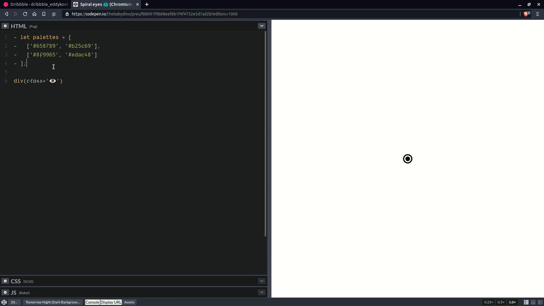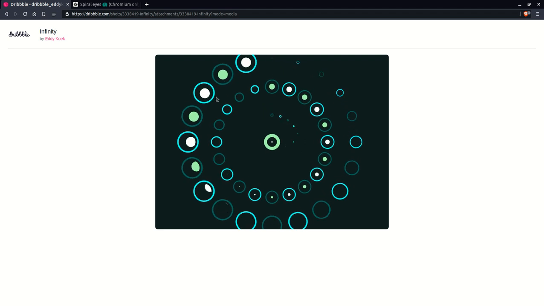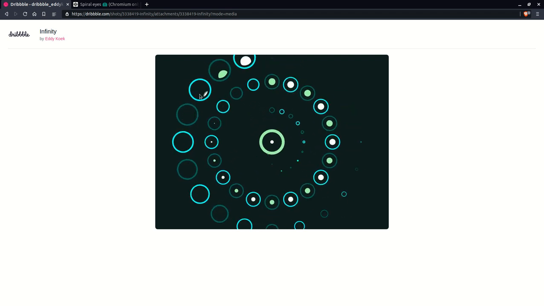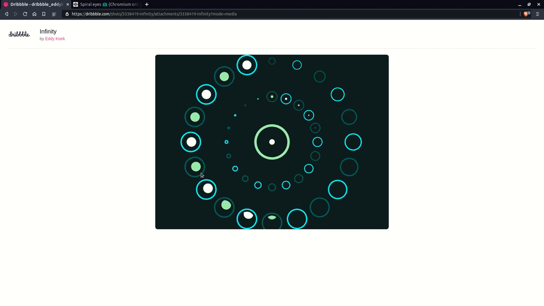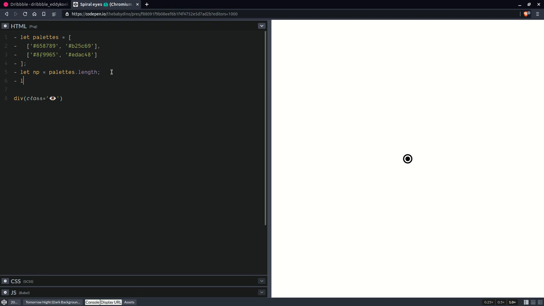So first off, we're going to get the length of that array. So that's going to be length. Okay, and that's basically like a cluster size. And what I mean by that, so a cluster is going to be a group of eyes of different colors. So we're going to have, that's going to be one cluster, and then the next cluster, and then the next cluster, and then we're going to set a number of clusters,